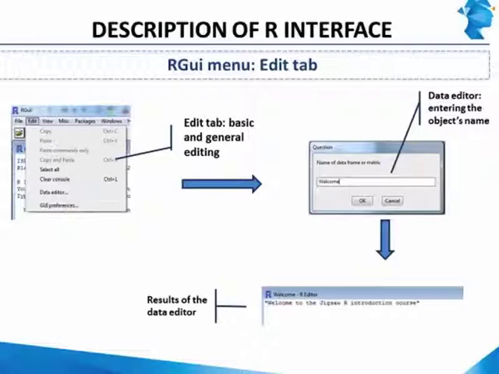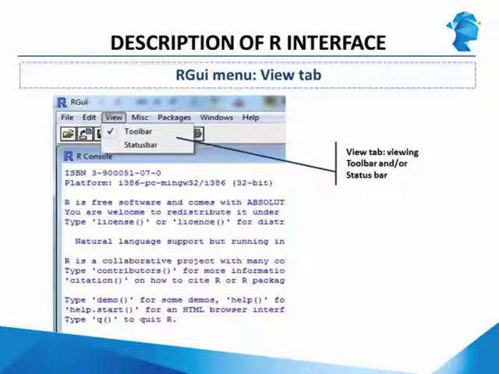We can also open a very simple data editor by using the data editor command to manipulate the data we are working with. For instance, in our welcome example, you may have a look at the welcome object by typing welcome in the data editor command line. A window will open with the contents of the welcome object and we are allowed to modify it. We save the modifications by exiting the data editor. Finally, you can modify your preferences on the R GUI by using the GUI preferences command. We won't describe the options in the GUI preferences since they are basic and don't affect our use of R.